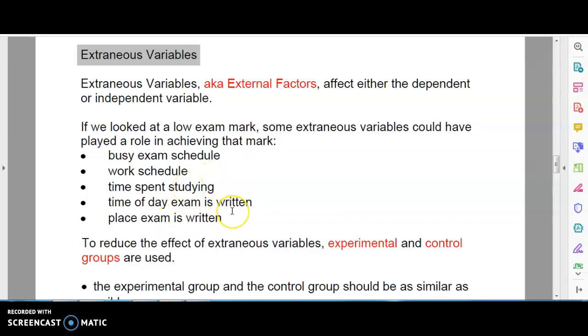Maybe the time of day the exam was written had something to do with it, right? Maybe it was super early in the morning, or maybe it was really late at night and the person was really tired and couldn't think straight. Maybe the place the exam was written at could have had an impact, right? Maybe it was noisy, maybe it was dark, whatever the case may be. So these are all examples of potential extraneous variables that could have impacted or had a role in achieving the